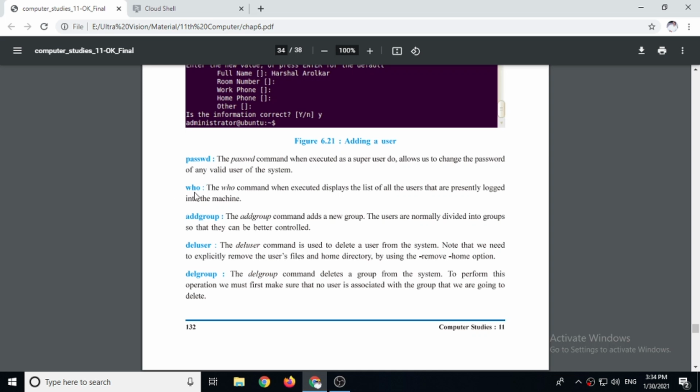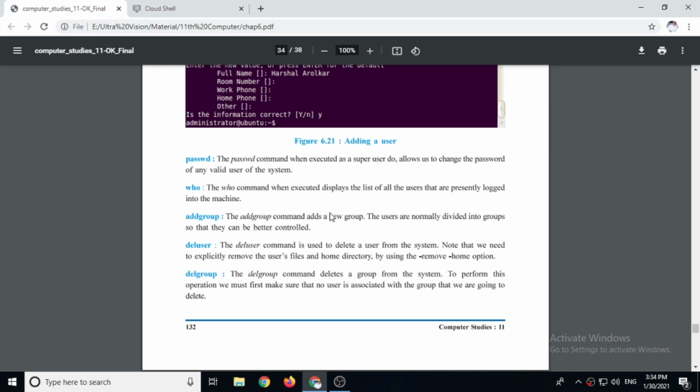Who is the name of a command. The who command, when executed, displays the list of all the users that are presently logged into the machine. When Linux is installed on several computers as a network operating system, say Linux is installed on 50 computers in a network, then on the server, if you run the who command, it will show you the list of users that have started using a machine.